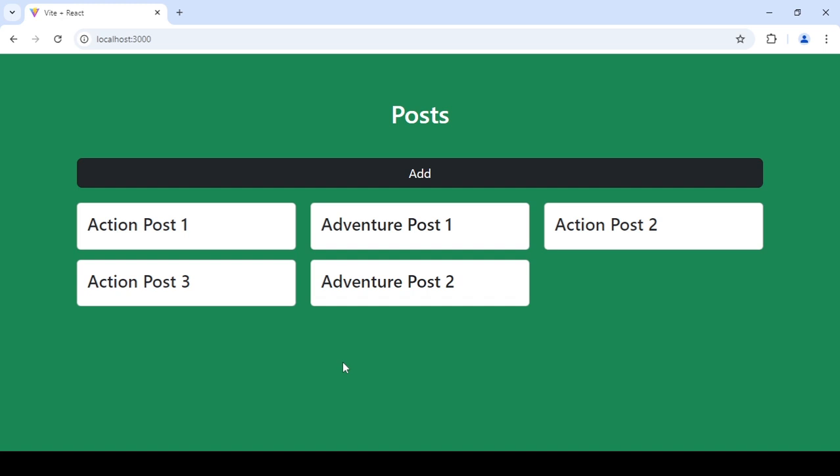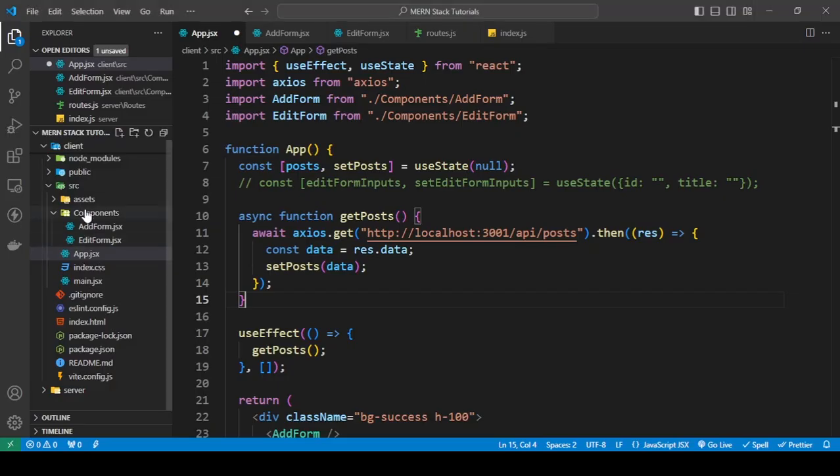Today's tutorial, I'll be showing you how we can send data from our frontend to the backend using a form and then store that data into our database. So let's get started. In the previous tutorial, I just showed you how to install React in the client